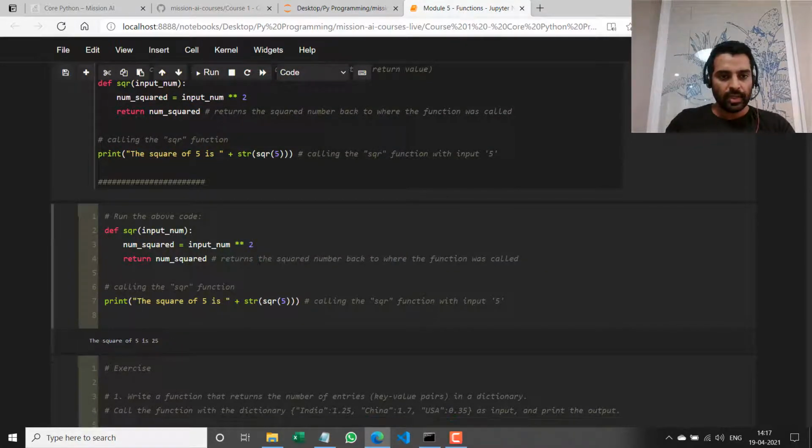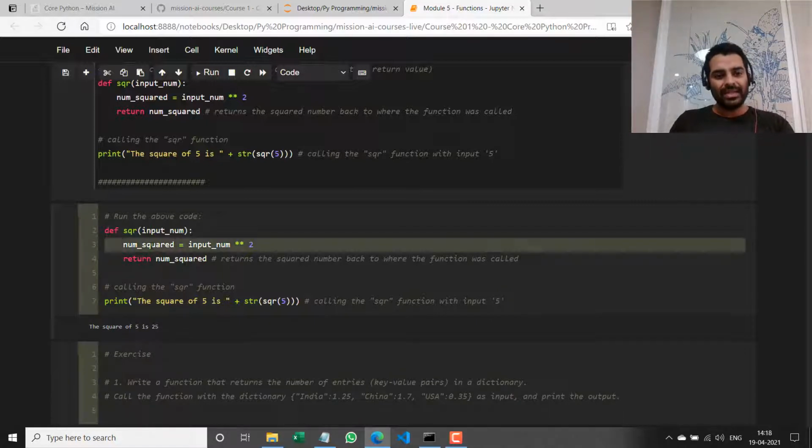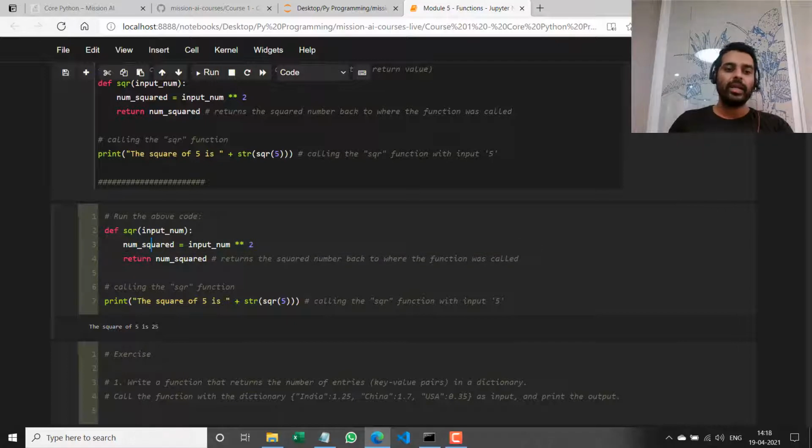I'll just run it, and we get the square of 5 is 25, which is exactly what we hope to get, right? Now, this is an additional step, right? Like I'm saying num squared equal to input num power 2, return num squared. Another thing I could have done was just return this directly